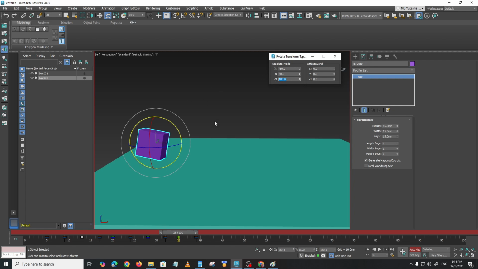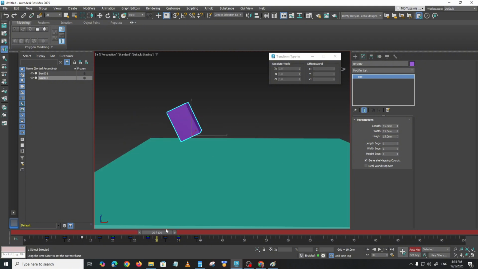Oh, I'm sorry. That's a rotation. I'm going to undo that mistake. Scale. Make sure you scale. Put 100. Put 100. Put 100. Okay. Make sure you scale. Then make this smaller and stretch this, and then just rotate to the back, and now we have the animation like that. So when you play,